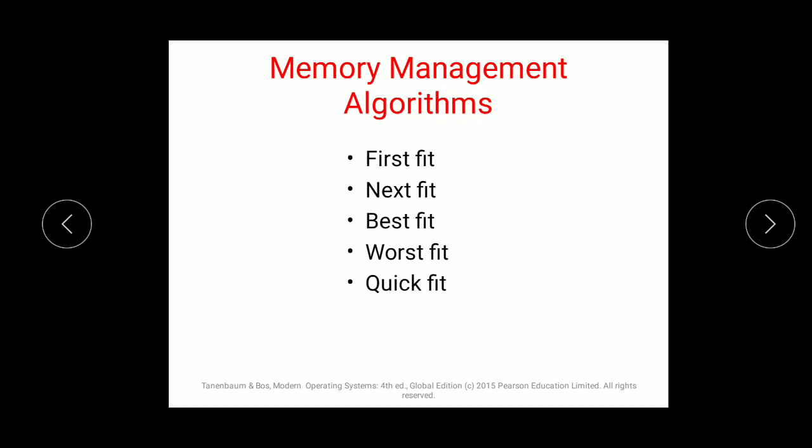Next is next fit, which means once first fit is over, the search continues from there, and that is called the next fit. Worst fit: in the worst fit strategy of memory allocation, the largest hole gets allocated to the incoming process. They will check which is the largest hole to fit that particular process. And quick fit is whichever hole is empty, allocate it at that particular time.